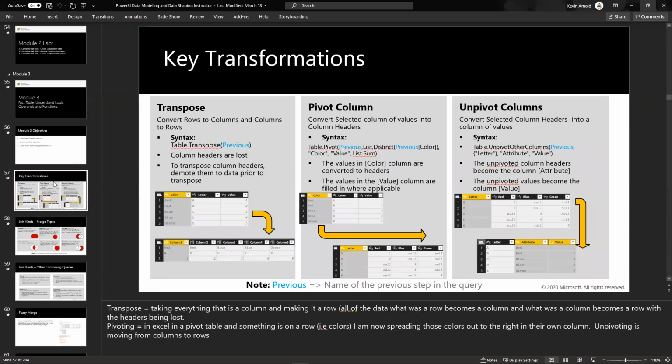It's a little bit too bad I don't think Corey's here, because this is a question that Corey always comes up with and talks about: pivoting columns and unpivoting columns and throwing in transpose, right? So it's a way to be able to